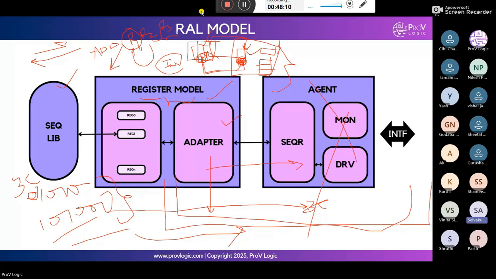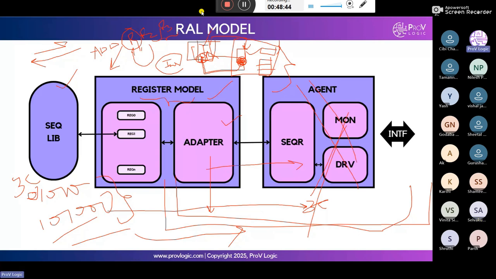Actually, in RAL, we can use it without a driver, because with the register model we directly use the register values, right? So it can drive the value to the register. So can we use the RAL model without a driver? Yeah, that's what I'm telling here. In backdoor access, we don't use the agent. We remove the agent in backdoor. In front door access, we put the agent. If we put the agent, obviously there will be a driver.